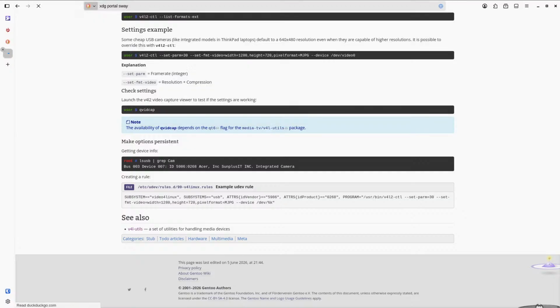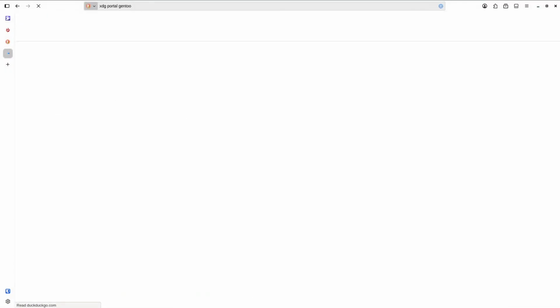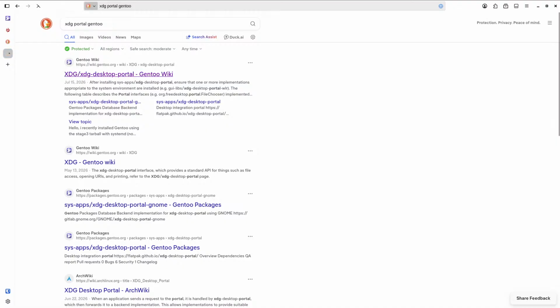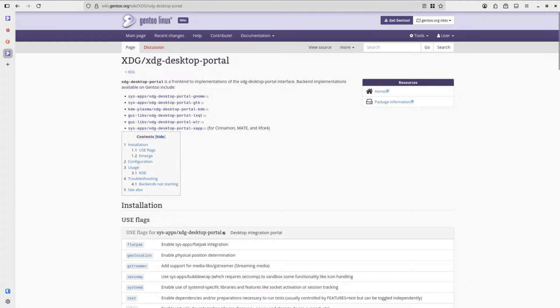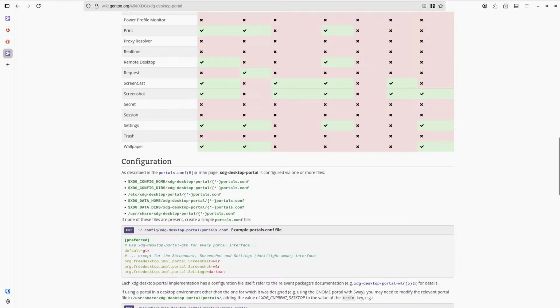Wait, wait, no. Gentoo XDG desktop portal configuration. Oh, right. It's in the home directory for some reason. Why is there no etc config? Oh, there is.